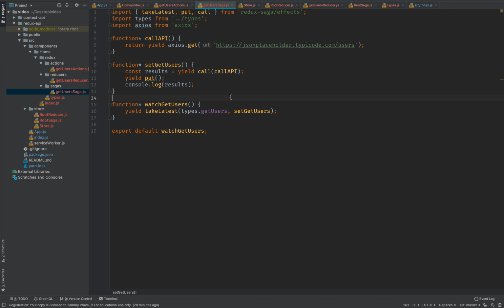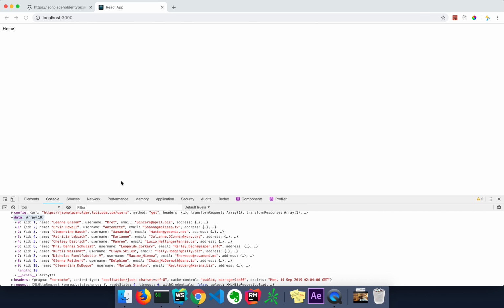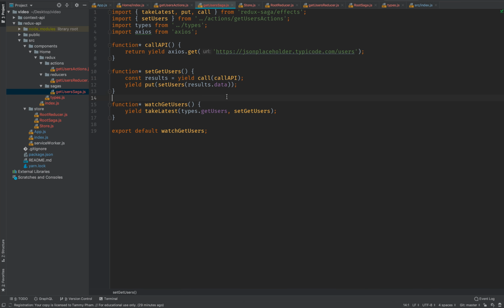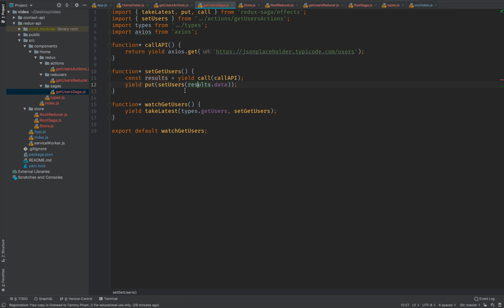And then inside of Sagas, what we'll do is we will import that set users action, and we'll pass that in, and then we will put in the results dot data in there, because that's what we get back from that API,